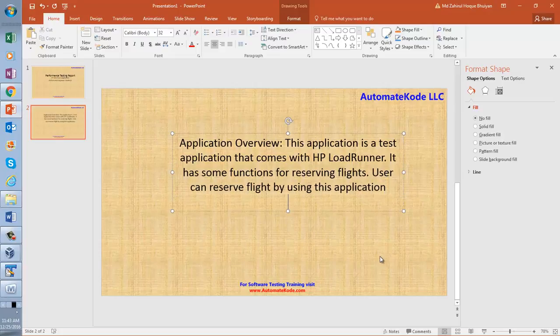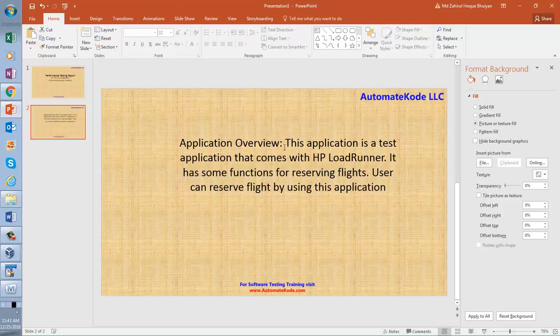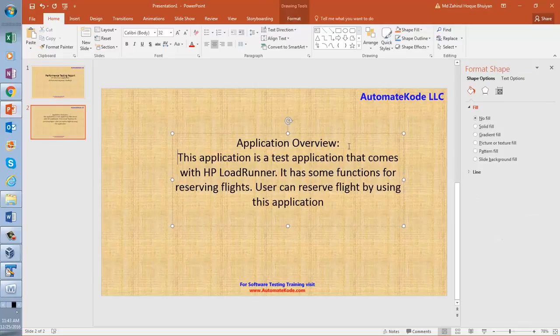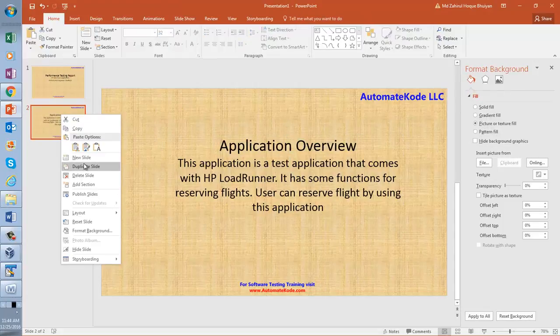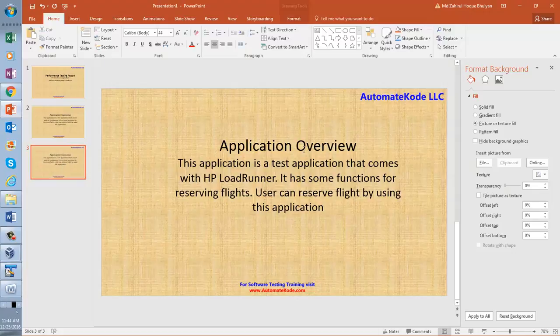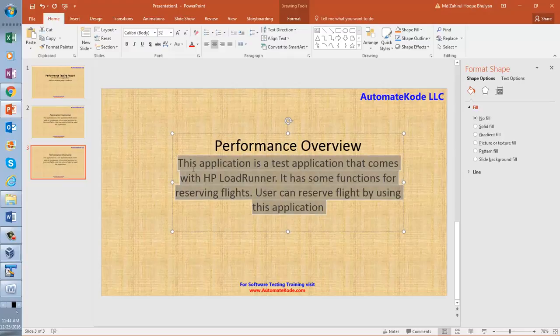Then I'm going to duplicate this slide. This is again what I am writing in this section, application overview. Then I am going to duplicate this slide. In the next slide, I am going to write performance overview. Now what is the purpose of this performance testing?